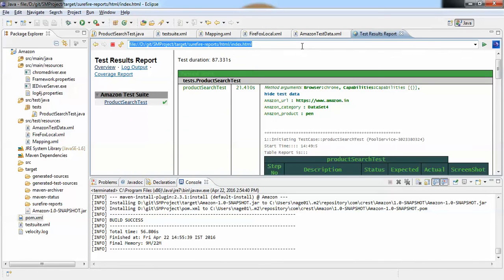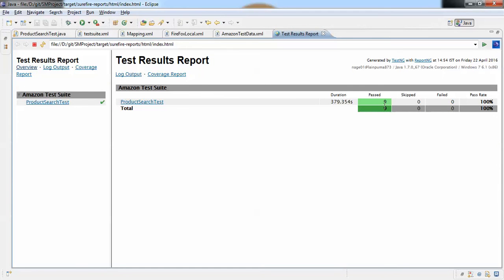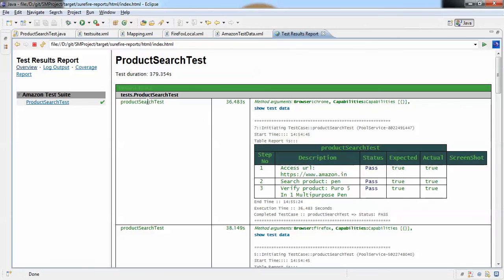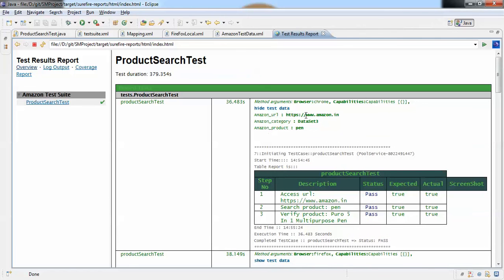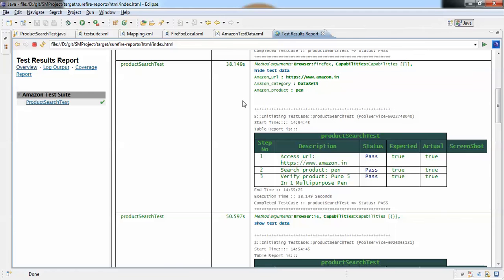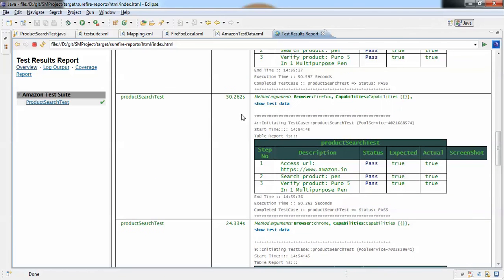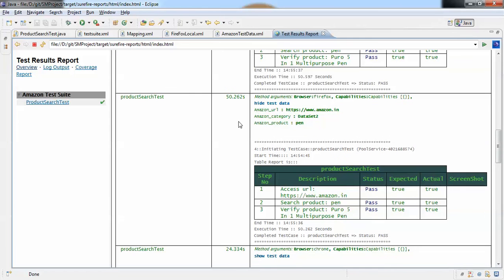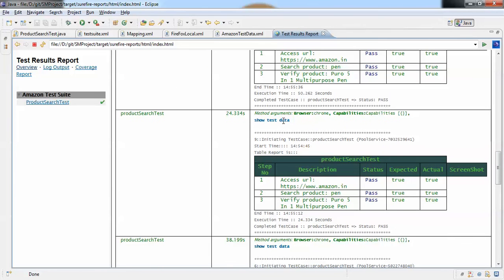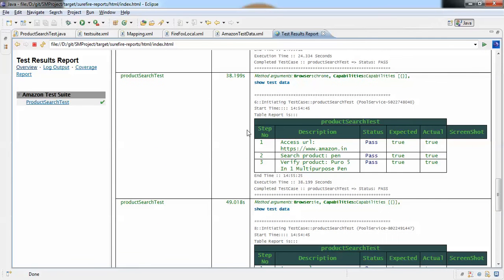I'm going to show the report here. Here again, if you see, 9 test cases got passed. If you see Chrome driver and the dataset 3, Firefox driver dataset 3, and the IE dataset 1, Firefox dataset 2, Chrome again, this is the third time, dataset 2. So Chrome is completed, and likewise